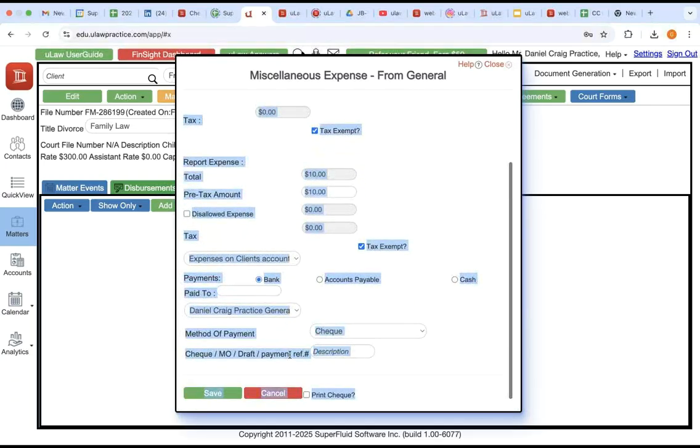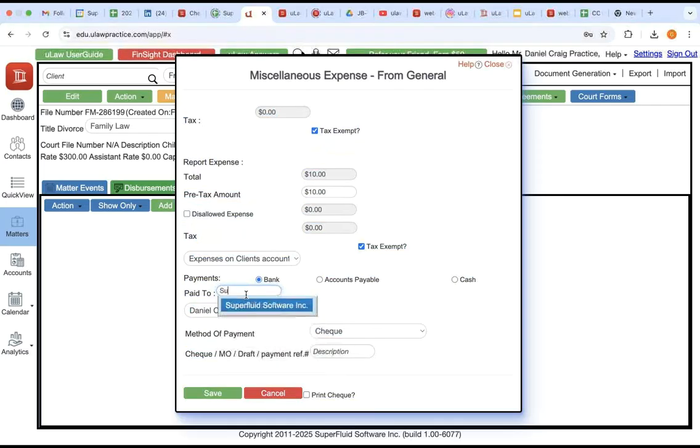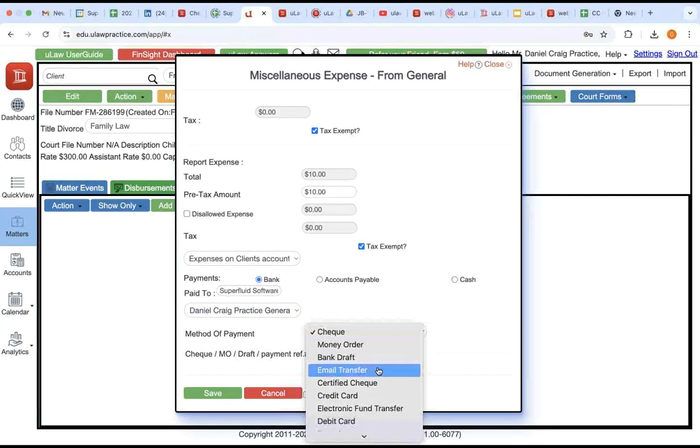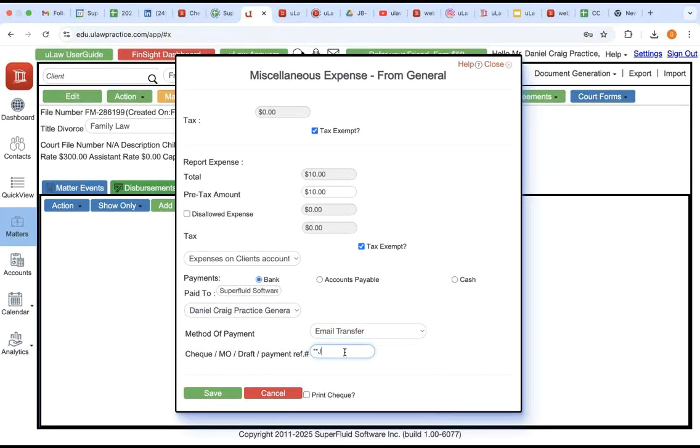See this as tax exempt. Down here, paid to. Let's say you paid this to Superfluid Software. Or did you pay from a general account? How? You had an email transfer. Enter these reference numbers. Okay. Now let's say very similarly, you do not know if you'll be charged for this right away.